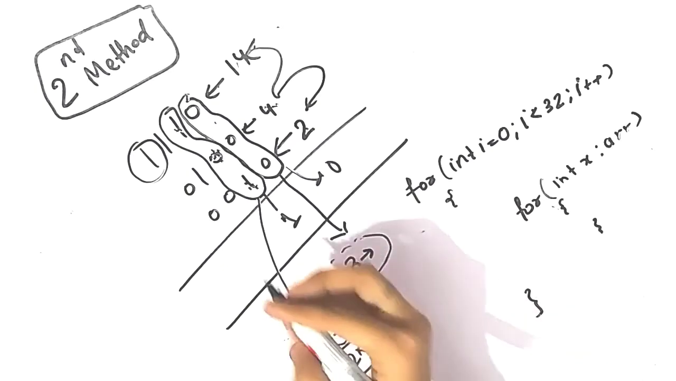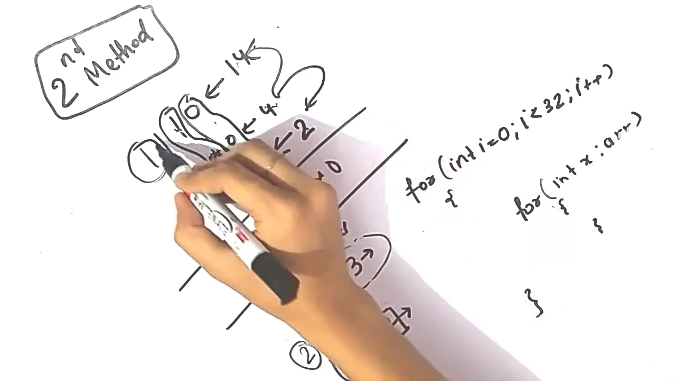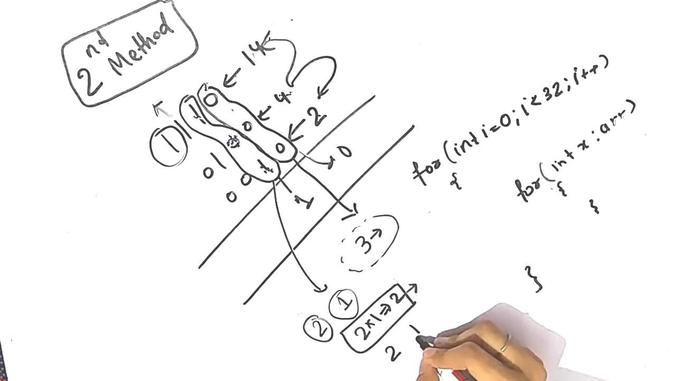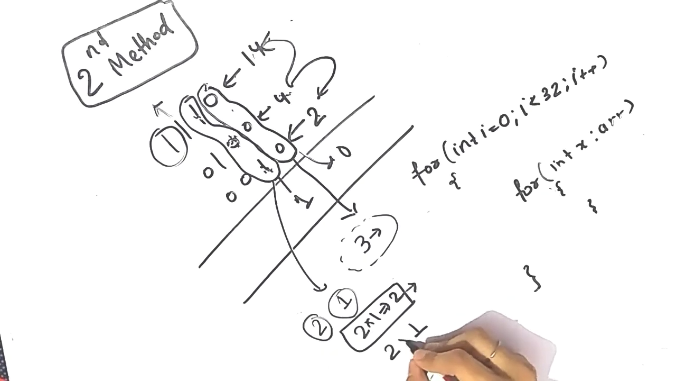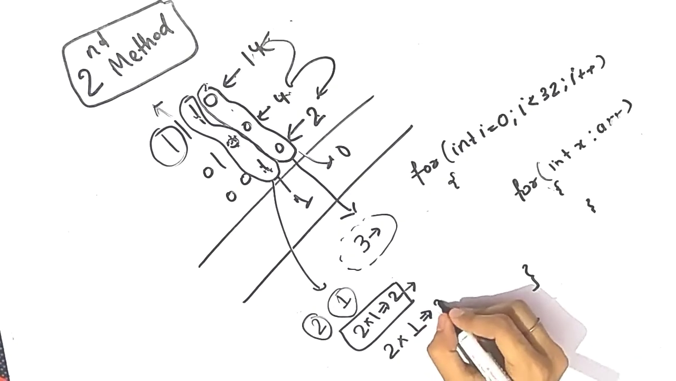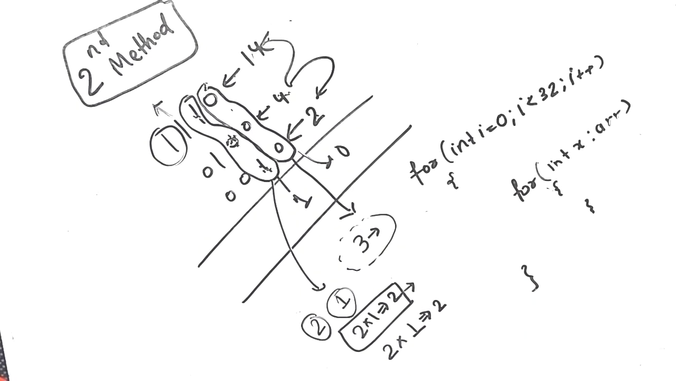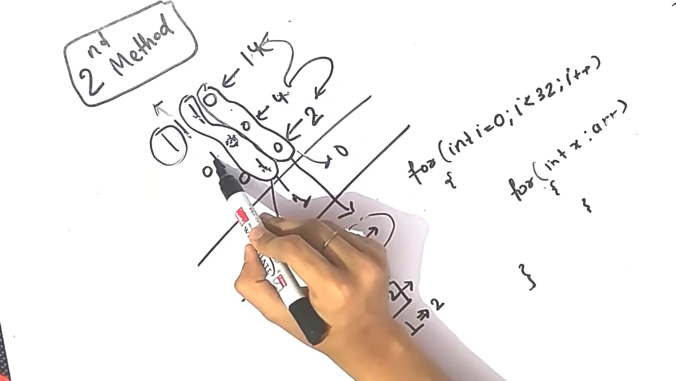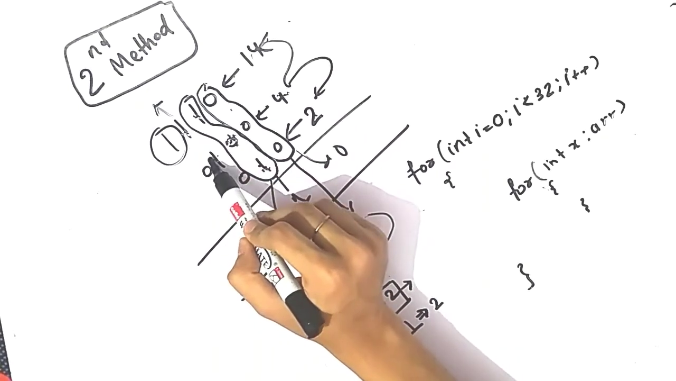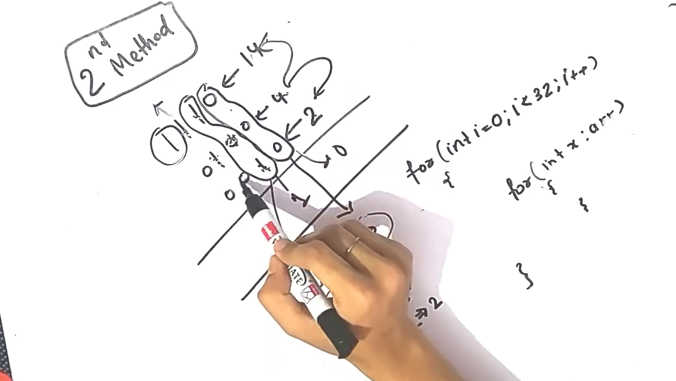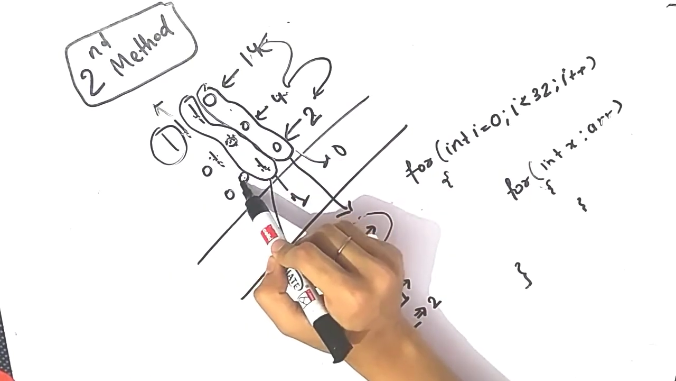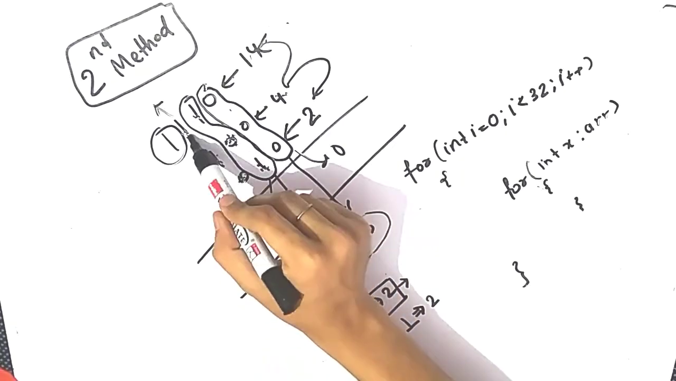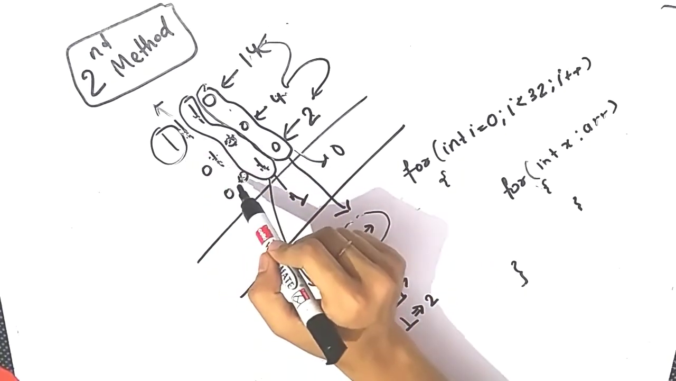So let's see another example. For this bit position, the total number of ones is 2 and the number of zeros is 1. So the total Hamming distance will be the multiplication of these two numbers. How? As you can see, the Hamming distance between 14 and 4 will be 0 because the bits are the same at this position. Now for 4 and 2, the bits are different at this position. Now for 2 and 14, the bits are different. So we are getting the result